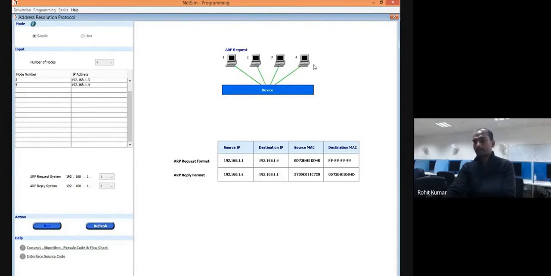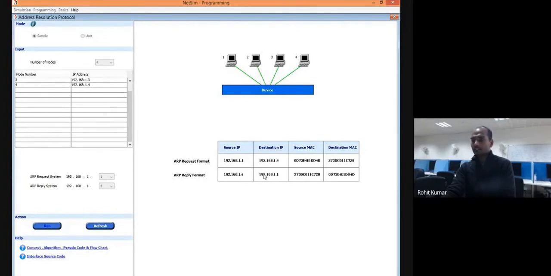Now, when device 4 recognized its own IP, because this IP was in the request format, it sent back its MAC address. So this time, this is the MAC address of the destination device that is transmitted to the source device. The source device was 1.1.